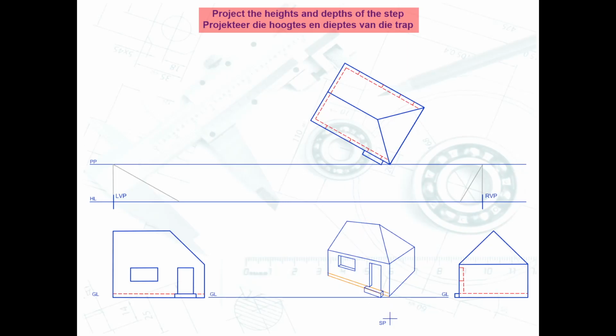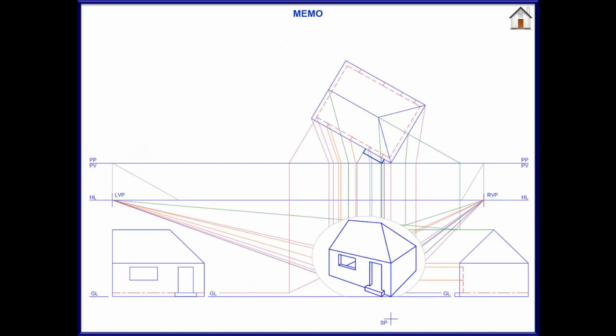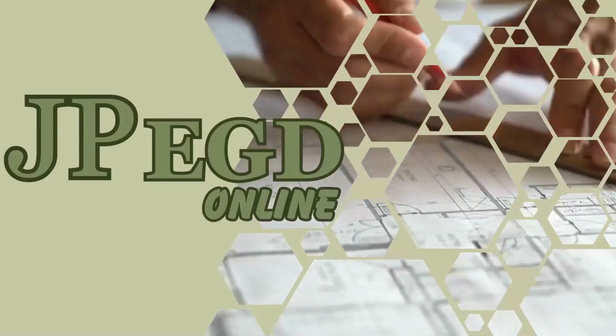From here, we can also draw the lines for the bottom part of the wall that we will see in our perspective. Very important to take note that for the floor on the left hand side, if I project towards my right hand vanishing point, I can clearly see that I will see the interior detail of the floor through the window on the left hand side. And that concludes our explanation for page 32 on perspective drawings.